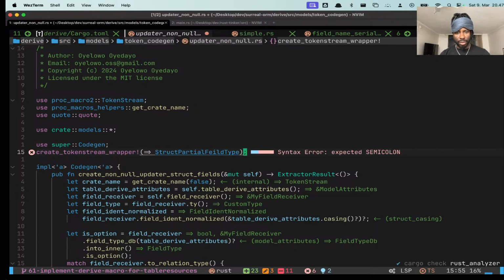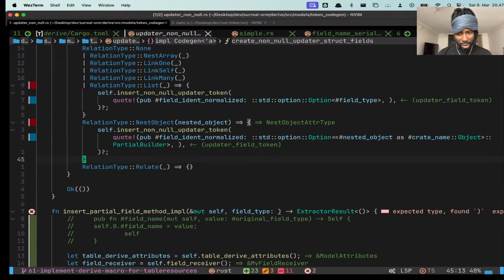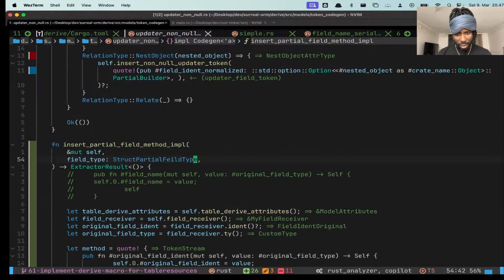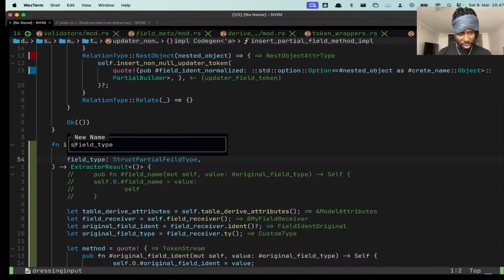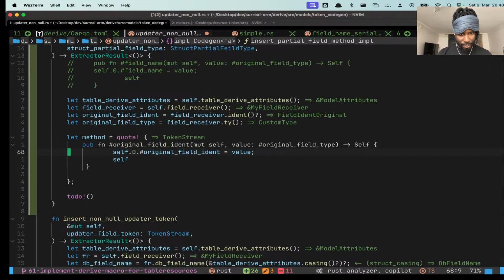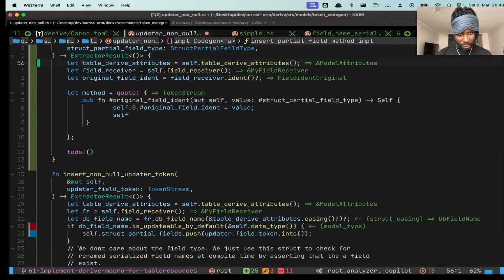Yeah, and if we scroll down a little bit here, then let's put struct partial field type. So partial restricted. The other still hold, I believe. We can just remove that. And